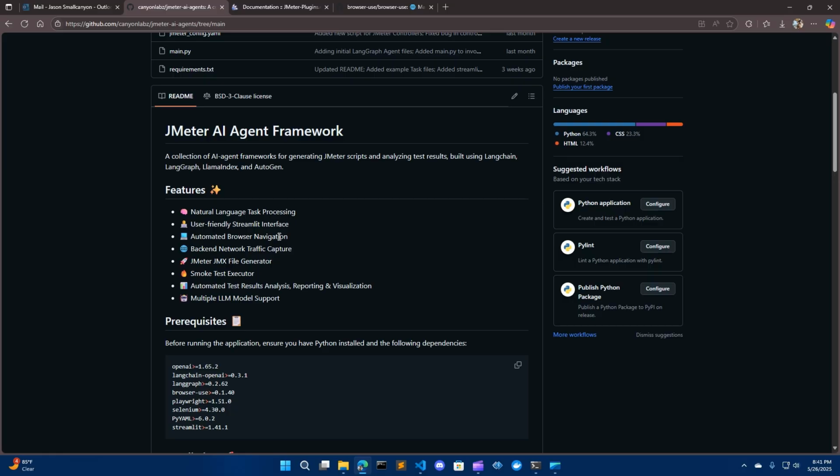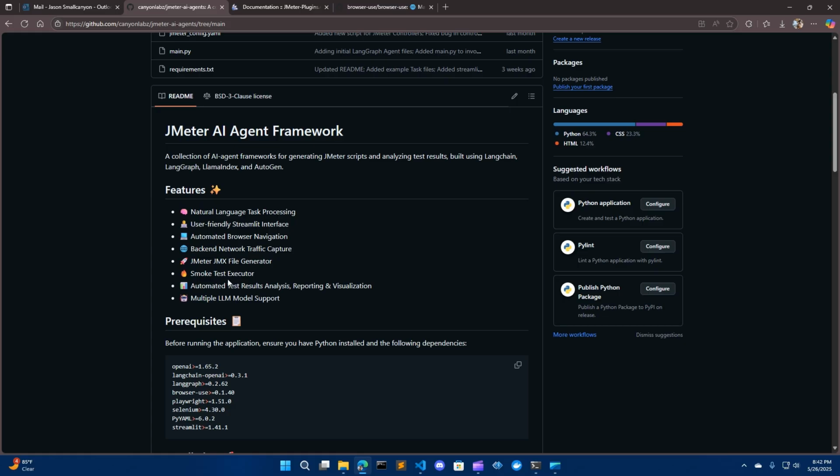So when we get to the part where we're going to actually generate the JMeter script, it can take that metadata information and properly create a JMeter script based upon the additional metadata, along with all the different HTTP requests, like GET requests, POST requests, and a POST body, etc. And then after it creates the actual JMeter script, it can take that JMeter script, do a validation to make sure it's properly structured, and then it can kick off a little smoke